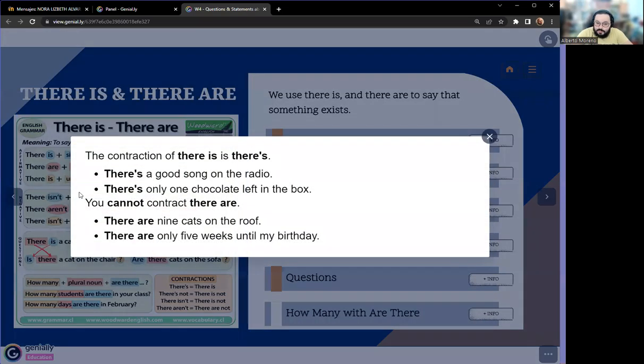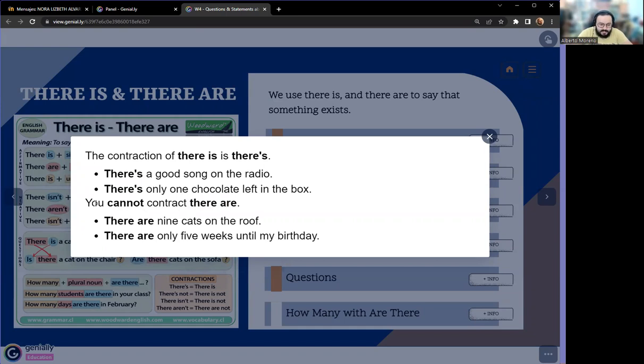We can use contractions with there is and there are. For there is, we have the contraction there's, and it's the same if you write there is or there's. It's the same if you say there is a good song on the radio as if you said there's a good song on the radio. It's a matter of style. Another example, there's only one chocolate left in the box. And for there are